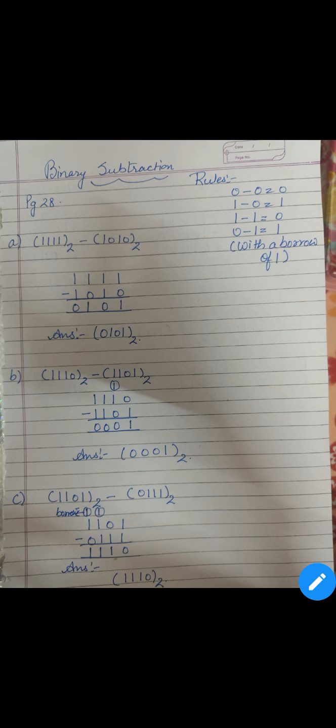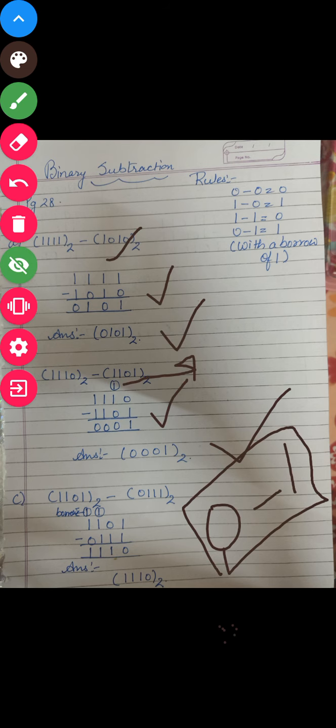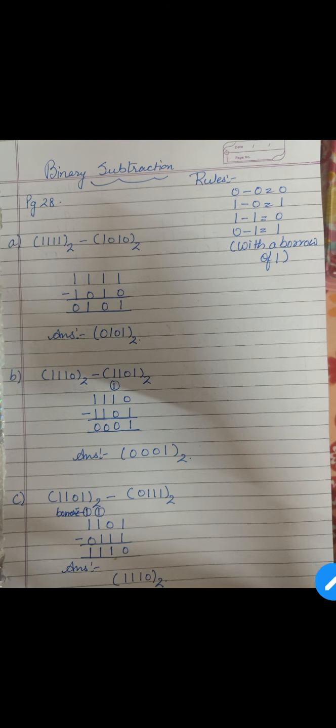Next we are having the number that is 3 times 1 and after that 0 double 1 0 1. So start writing the result of subtraction with the rules of subtraction. 0 minus 1 will be 1 and 1 will be borrow. 1 minus 1 will be 0, 1 minus 1 will be 0 two times. So the result will be 3 times 0 1 and base will be 2 in that case.